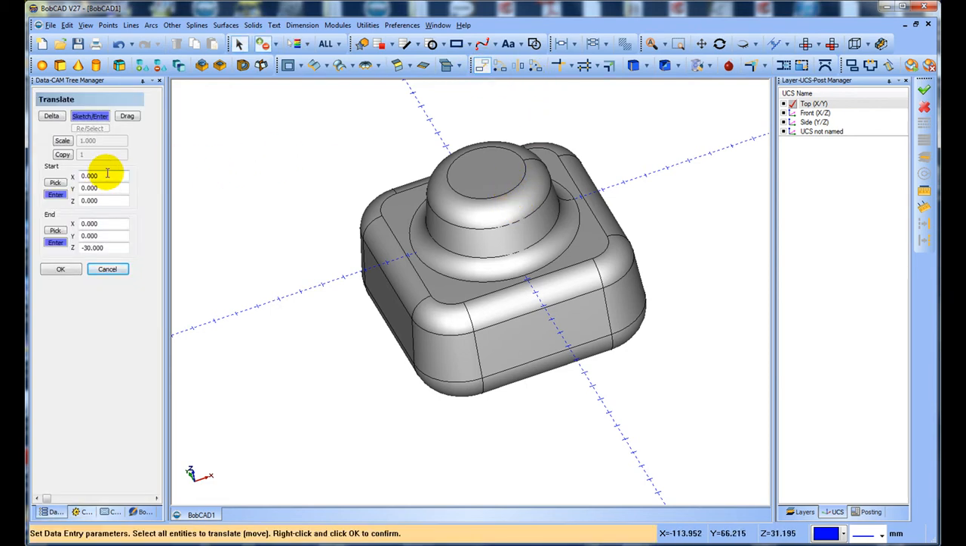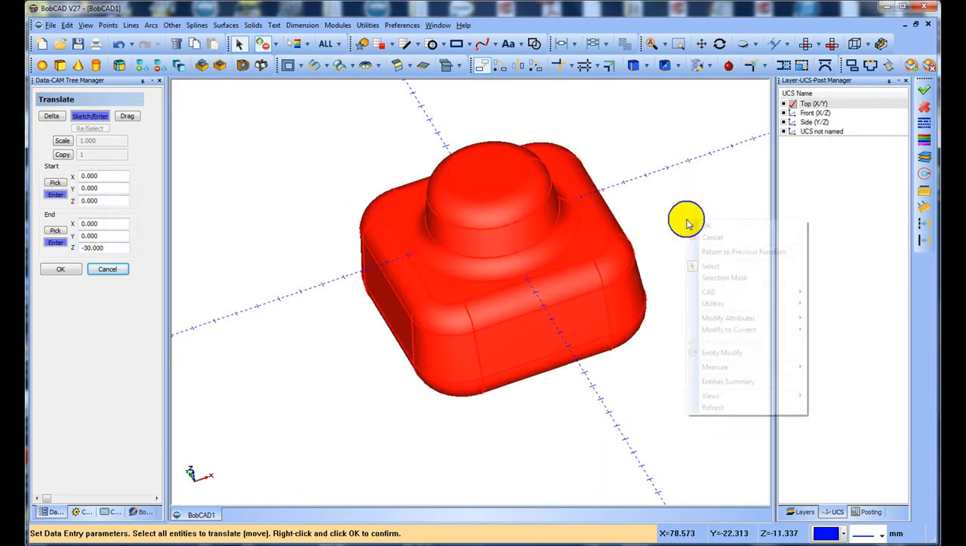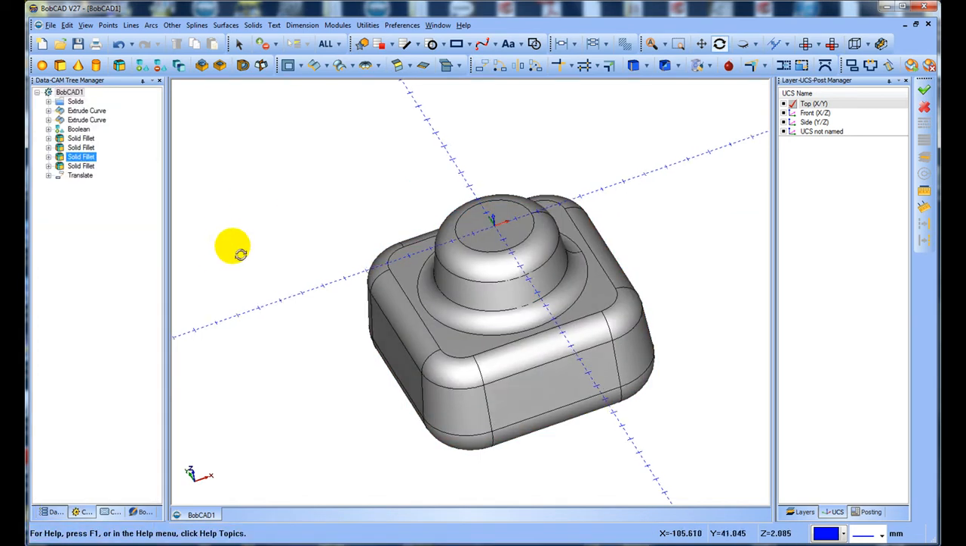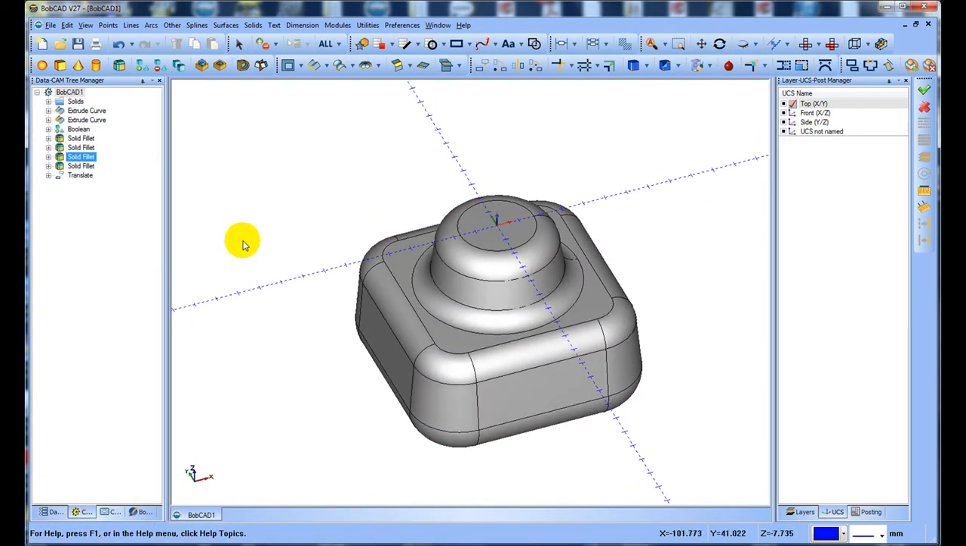So I'm going to 0, 0, 0, pick enter, and I'm going to go down 10. Just select the model, right click, select OK, and then just press OK and cancel. So you can see now I've moved it down so the Z is at the top of the job. I'm actually going to just go into a CAD view,